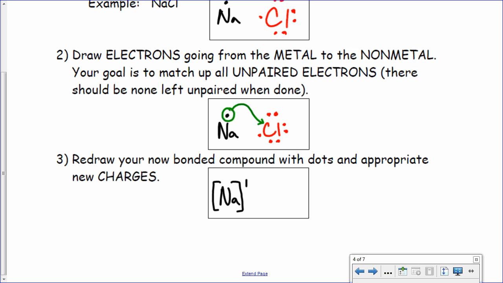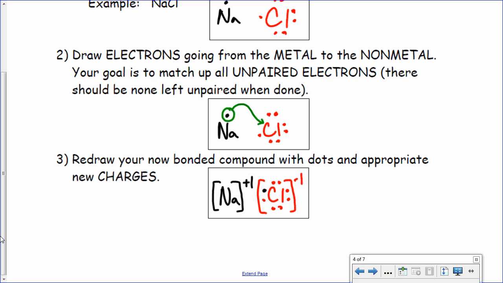It loses 1 electron, so its charge would be +1. Now, chlorine, I'm going to color code this for you so that it's literal. I'm going to put the black dot in there to show that that was sodium's electron that chlorine now has. We put red brackets around chlorine. Now chlorine gained an electron, so it's more negative now, so its ionic charge is